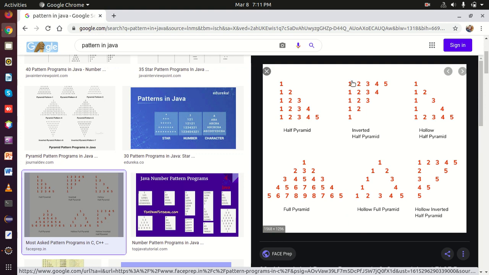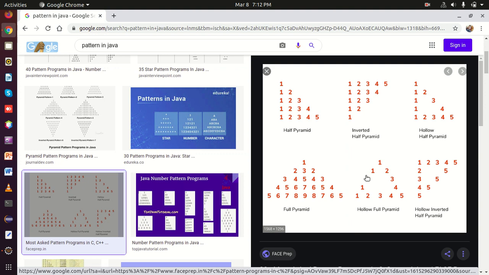To learn pattern programs, we must have a deep knowledge of Java loops such as for loop, do while loop, etc. Now I am going to show you how to write a Java program to print this type of pattern.